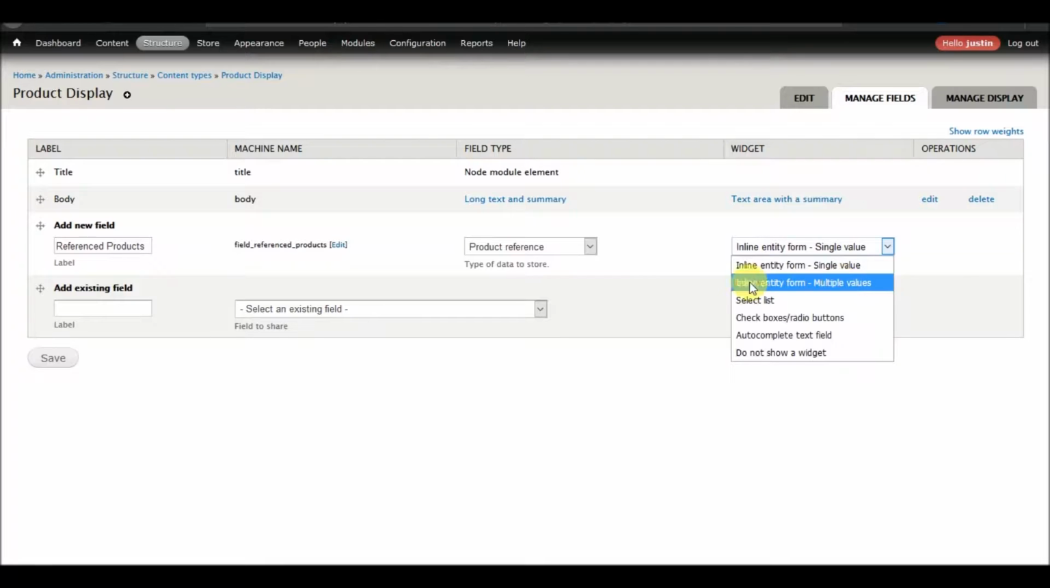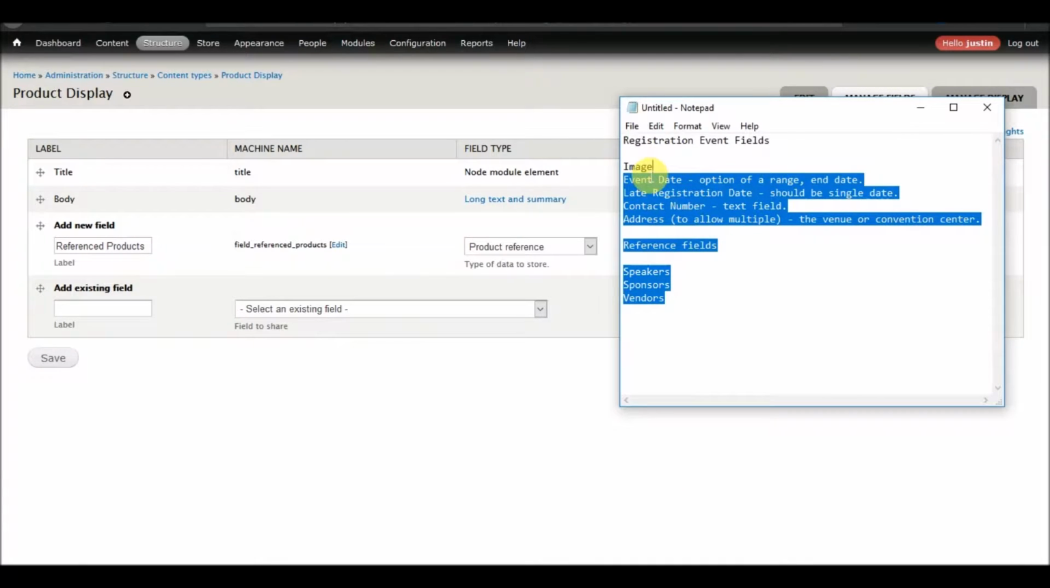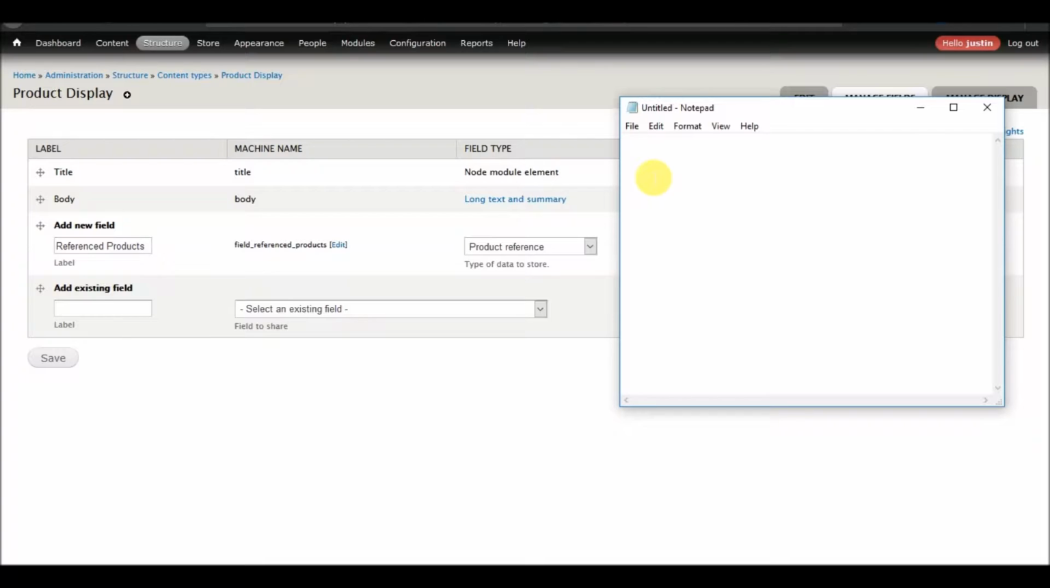The reason I like this is because it brings in the form to actually create the product in the product display. So let me kind of explain what that means. Let me go ahead and do a little lecture here. So a product display is like a bucket. You can think of it that way. The product display